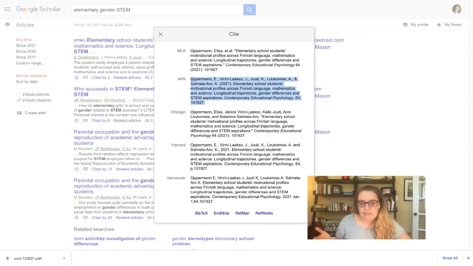And so this is actually looking pretty close to perfect for me. So you can copy that and paste that into your document, which means then you don't have to try to figure out how to